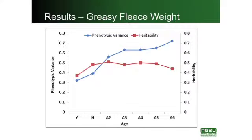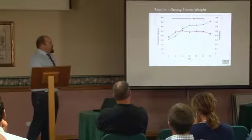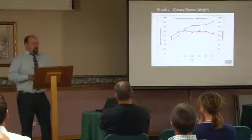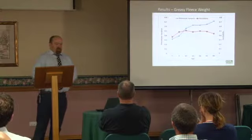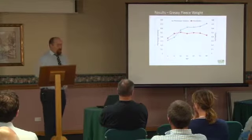One of the key findings was that the heritability of fleece weight and fibre diameter changes over time, and we see that actually the heritability, which is the red line here, is higher at adult ages. And also the phenotypic variance, which is the variation between animals, essentially is higher as well. So that means that there's more genetic variation in the animals we're looking at adult ages. That gives us more power to make genetic progress for these traits, which is, I think, a very important outcome